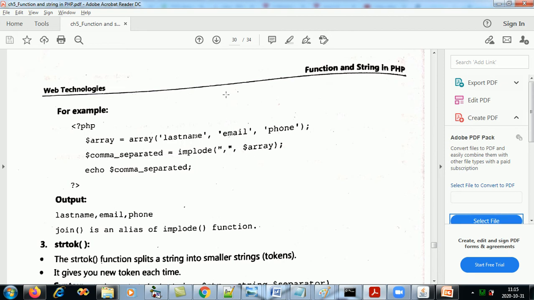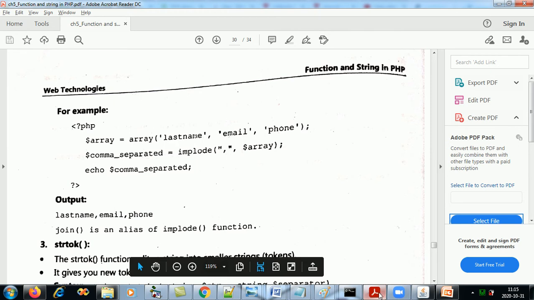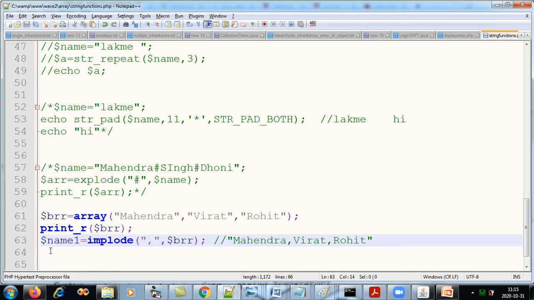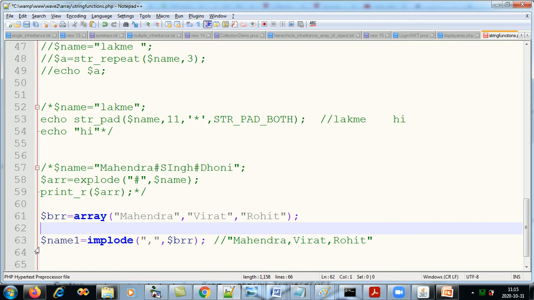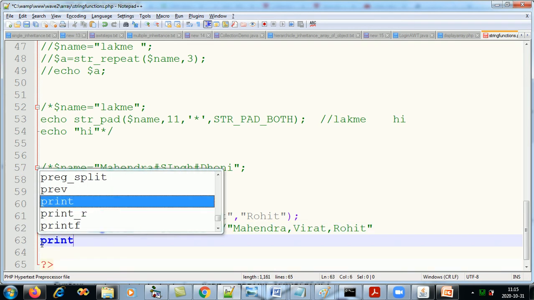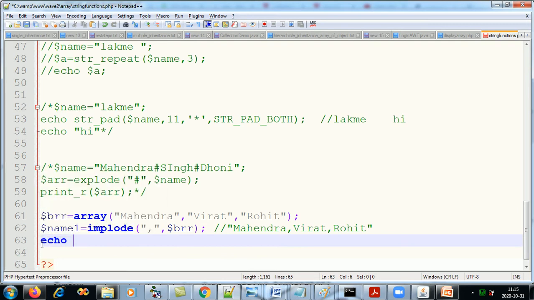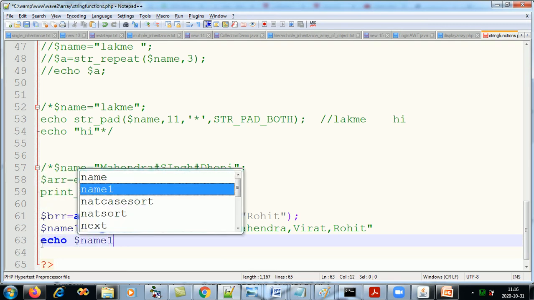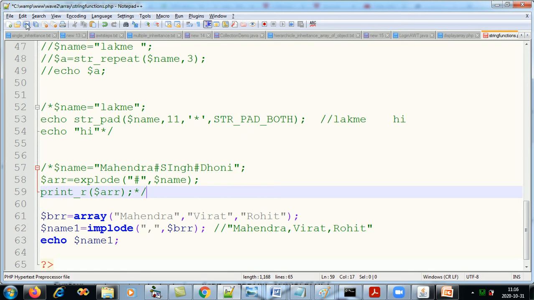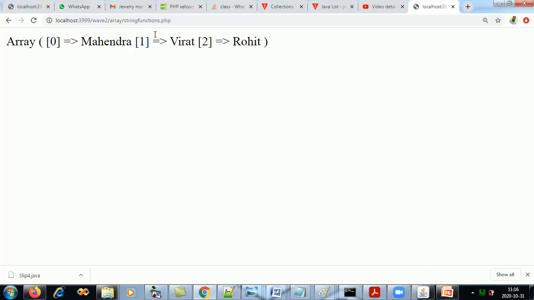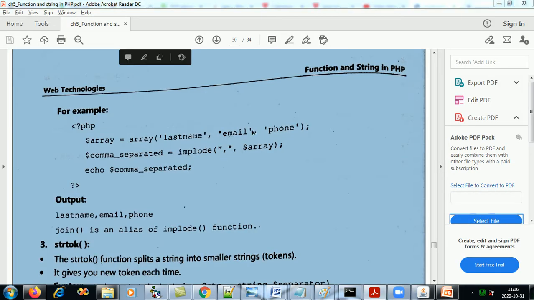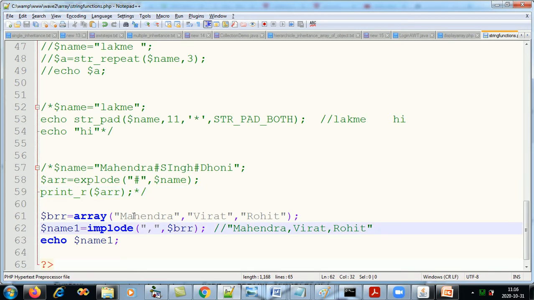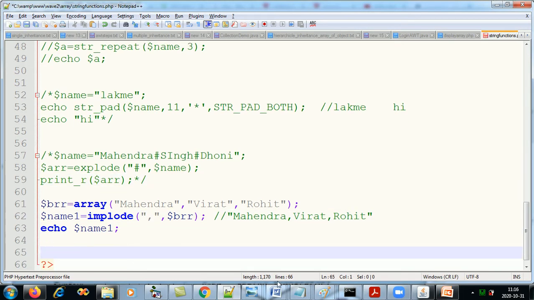We go to the LHS, and the LHS is a single string. I have not printed this string, so I need to print it. This is a single string, so I will just use a simple echo. No need to use print_r. So just use a simple echo name1. I didn't display that. And here you go. Clear? Mahindra, comma Virat, comma Rohit, as was the expected output. So implode and explode. Let's take the next function.